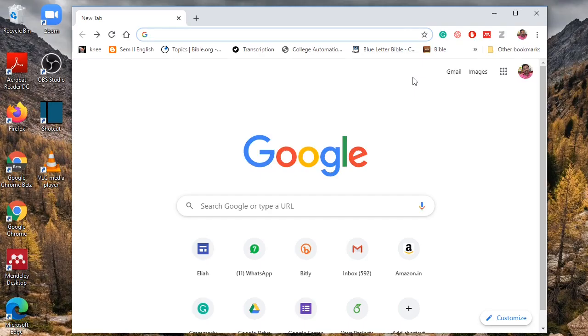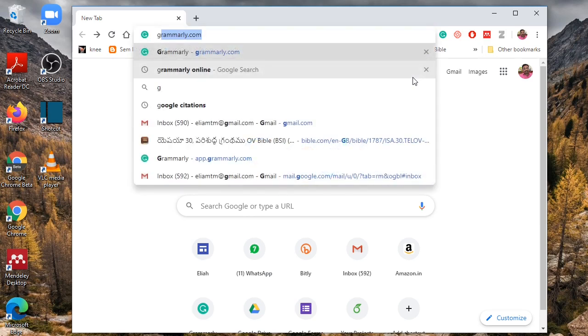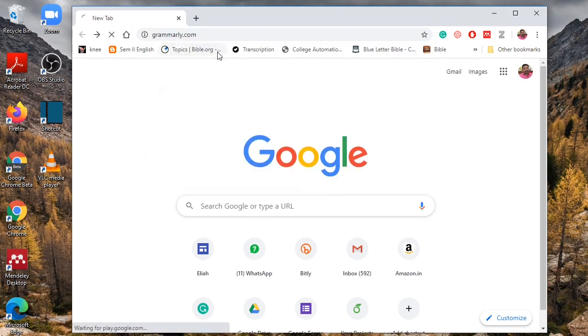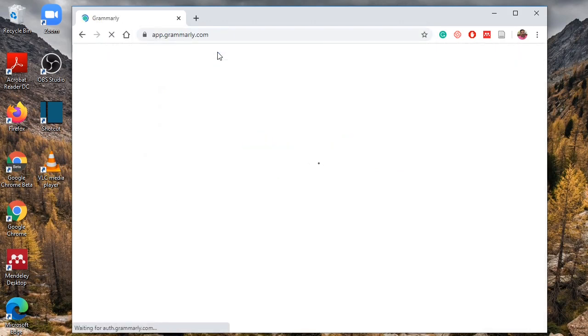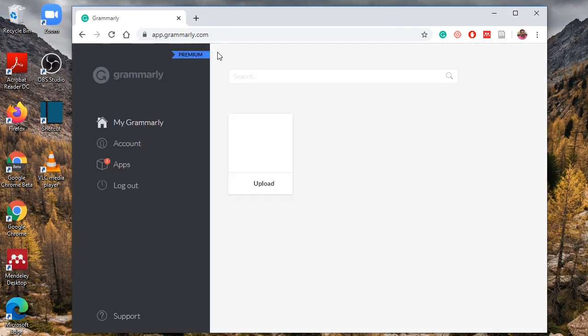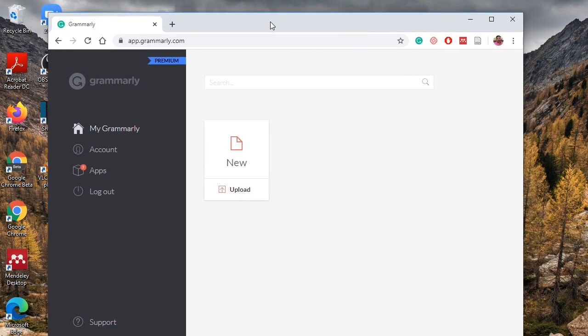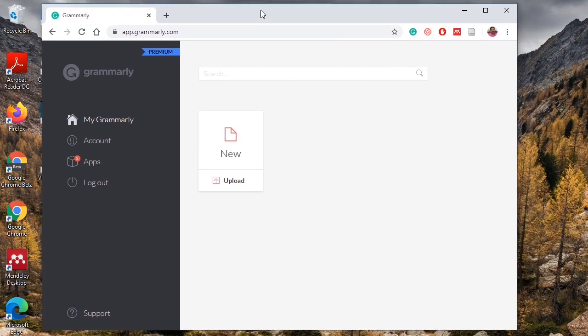I want to show you this Grammarly tool. Here I type Grammarly in my browser, and we will get grammarly.com. This is the app. The interface of this one is like this. Okay, right. My Grammarly account, app and logout.